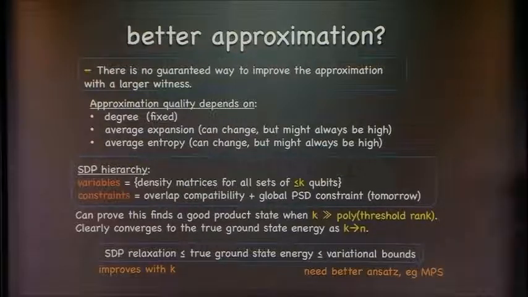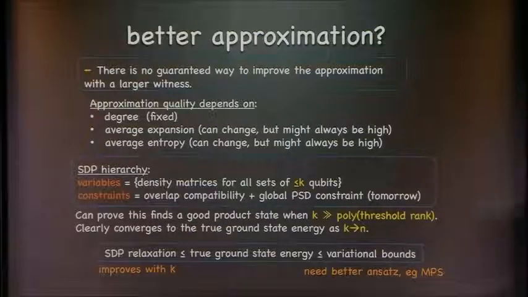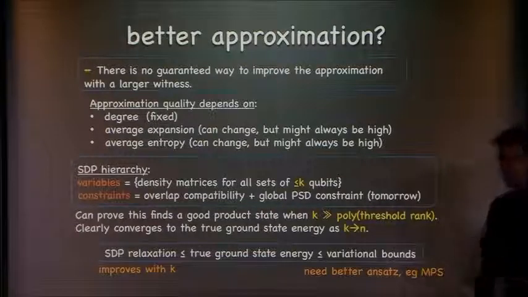And so in practice, people like to use both of these methods, because if you find that they're close, then you have a rigorous proof that the ground state energy must be in a narrow range. But there's something missing from a theoretical point of view, which I think is a great open problem: this SDP relaxation improves with K. As we turn up K, we provably get a better and better approximation that approaches the right thing.